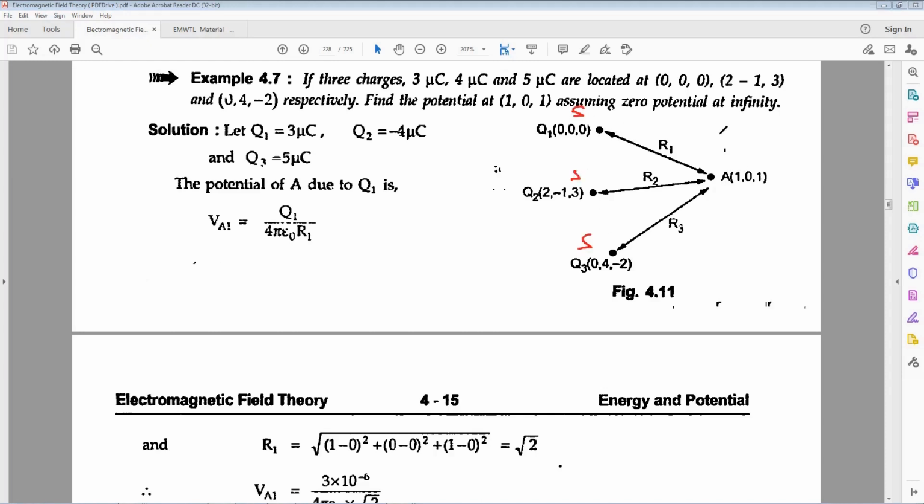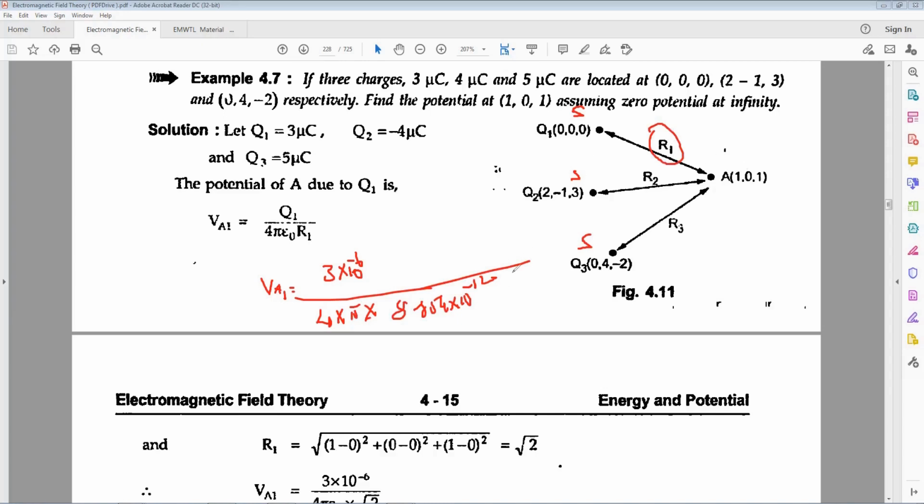Take the subtraction values of 1 minus 0, 0 minus 0, and 1 minus 0 to find the distance R. V_A1 is equal to the first charge, 3 into 10 to the power of minus 6, over 4 pi epsilon naught, which is 8.854 into 10 to the power of minus 12, and R1, the distance,